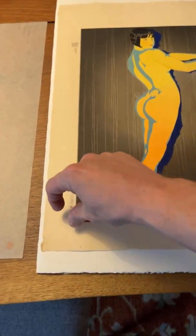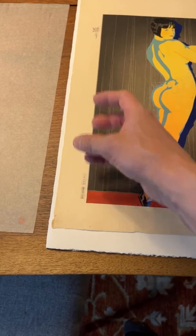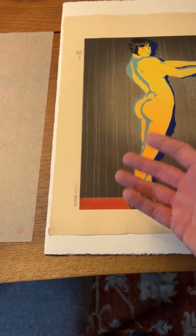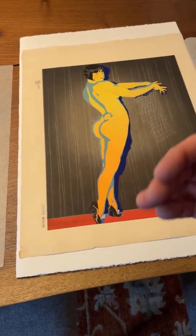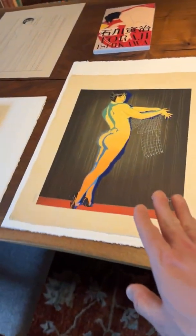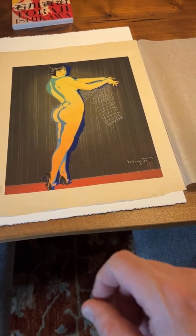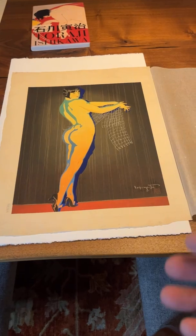So there's a lot more information along the left-hand side, and the cartouches are printed with a darker ink, and it's kind of messy, and it's indicative of the fact that they're later printings. The printing effects become less and less in terms of quality. So, for example, this first state, the differences in this print are more subtle, they don't scream, but